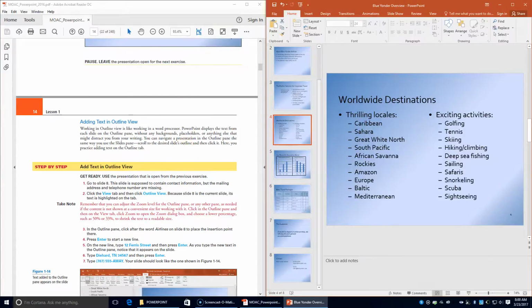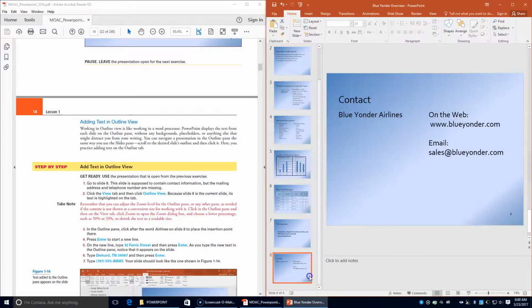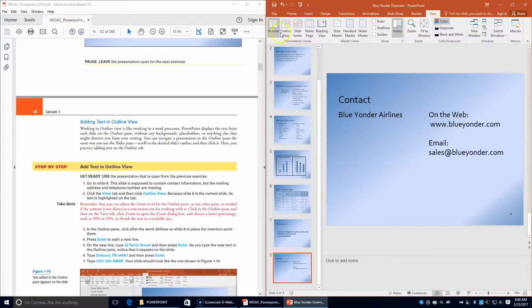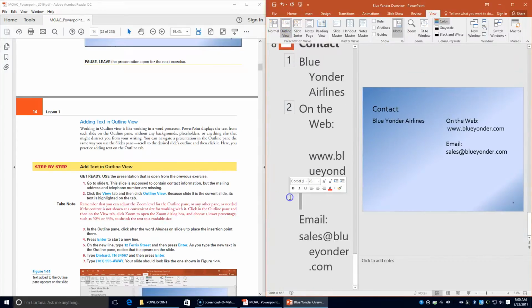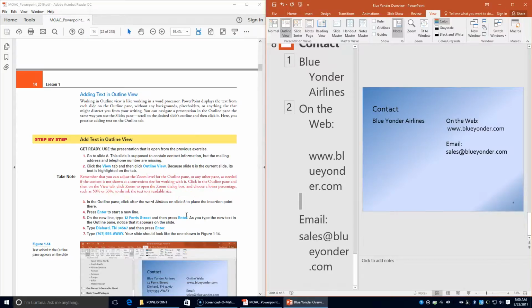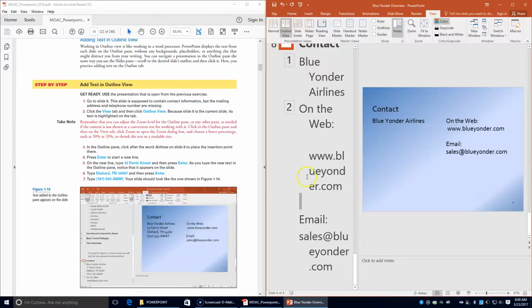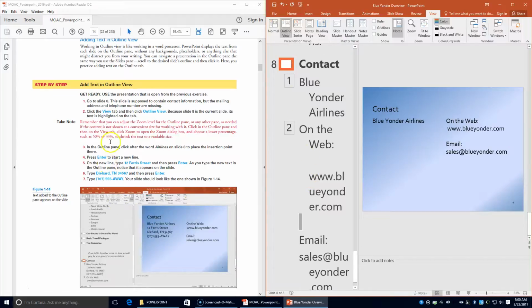Next, we're going to add text in Outline View, so it tells us to go to slide 8. This slide is supposed to contain contact information, but the mailing address and telephone number are missing. So we're going to go to the View tab, and we're going to choose Outline View. Because slide 8 is the current slide, its text is highlighted on the tab right here. So in the outline pane, we're going to click after the word Airlines,